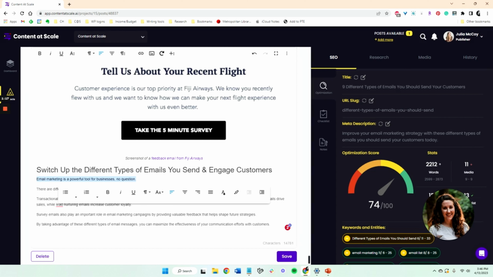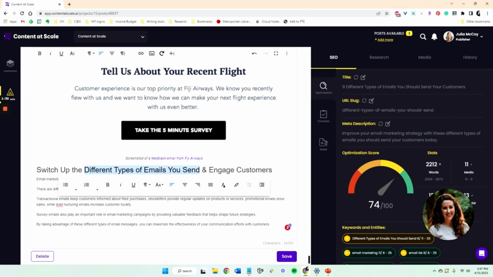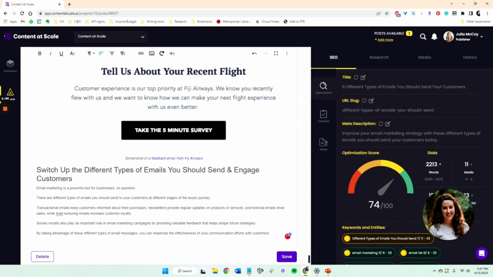Email marketing is a powerful tool for businesses, no question. And just as a reminder, this blog is about the different types of emails you should send to customers to engage them, and the focus keyword is different types of emails you should send. So once I have added a sentence that again sums up one of the main points of this blog,